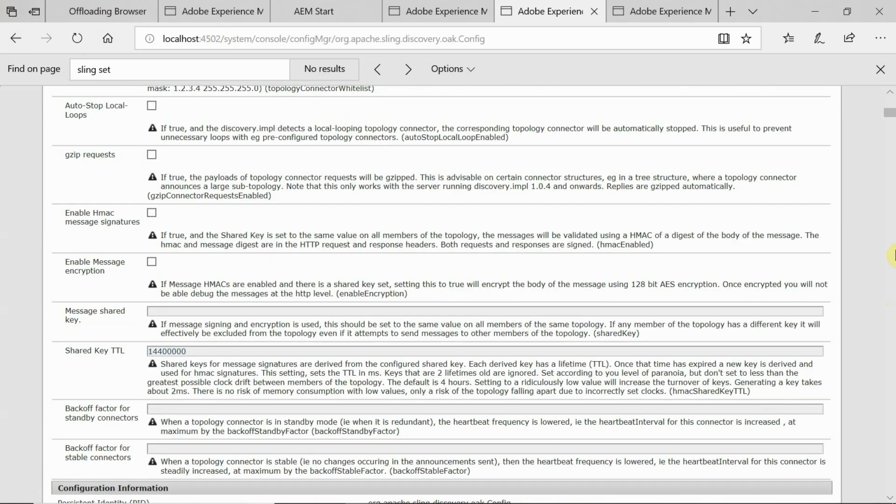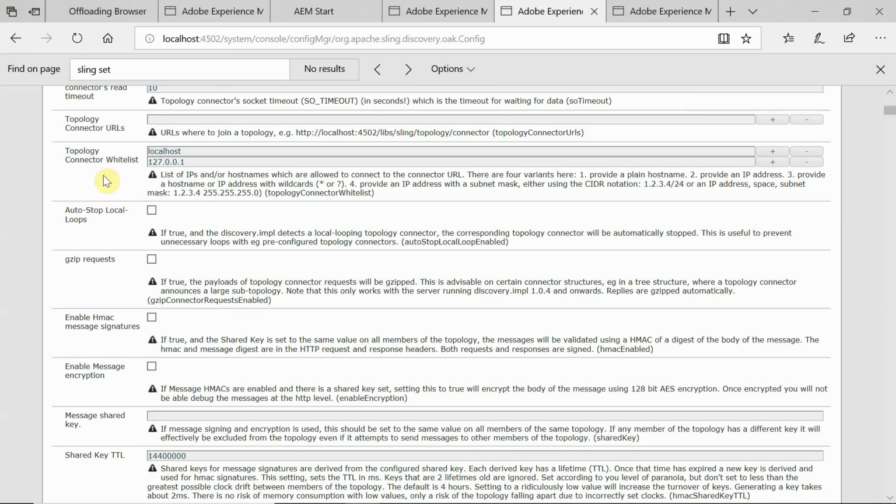You can see the topology connector whitelist. I am doing this in the master. Already the localhost 127.0.0.1 IP address is whitelisted. Anyway, I am running my worker instance on this machine, so I am fine with this. But if you run it on a different machine, just whitelist those IP addresses or host names.